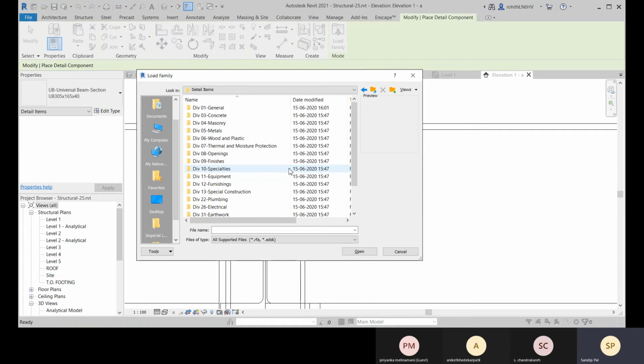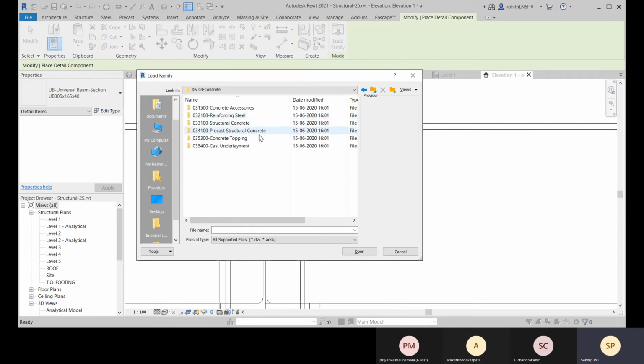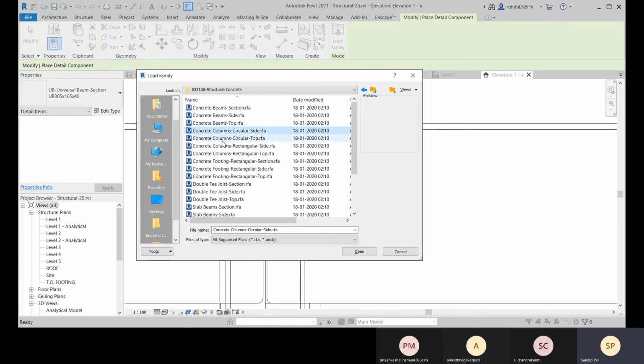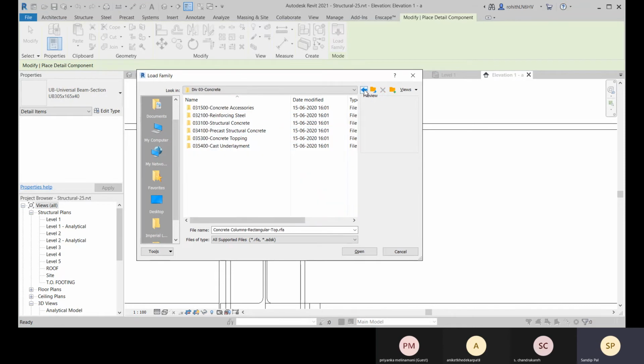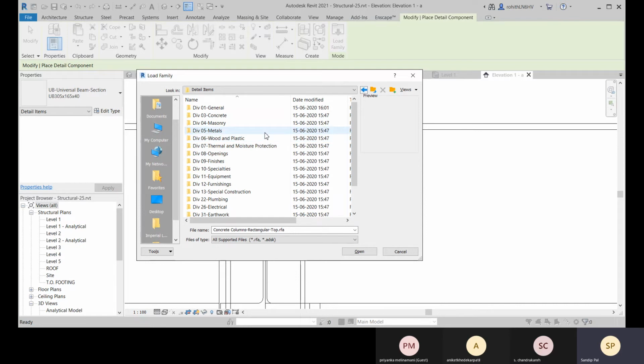After that, in the detail items, all kinds of components are available here. Like if you go for concrete and reinforcement steel, structural concrete, these things are all there. So you can place all the components. So here let me just choose